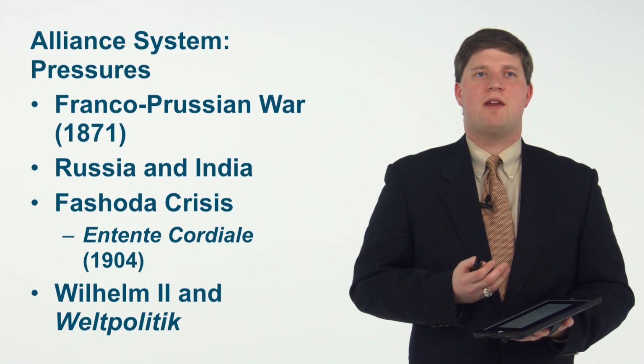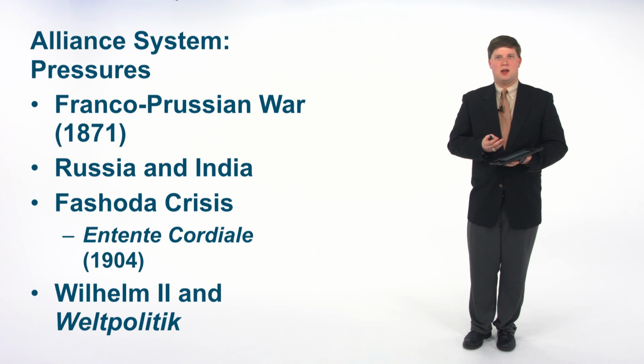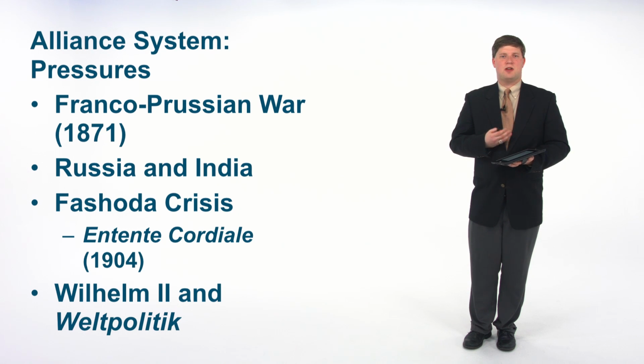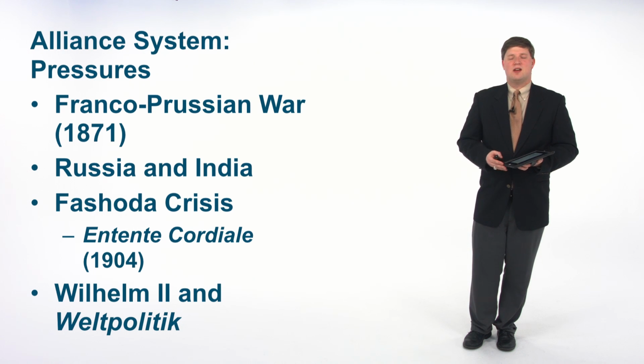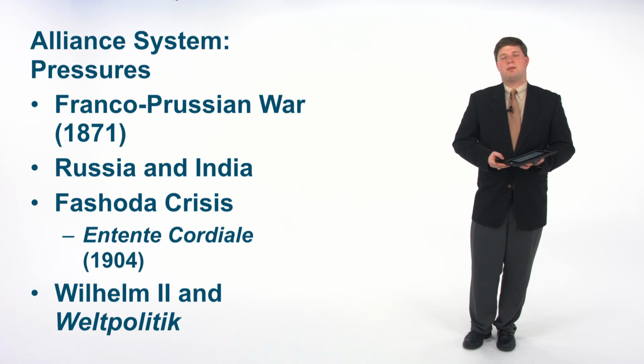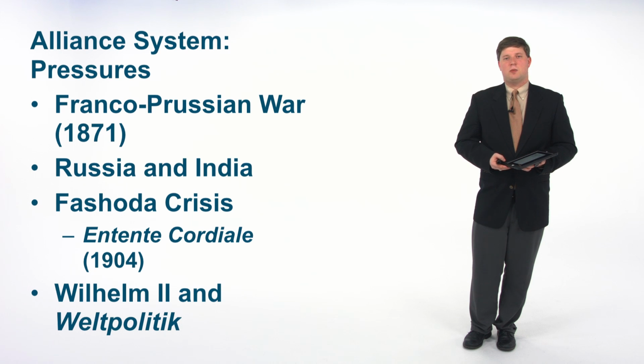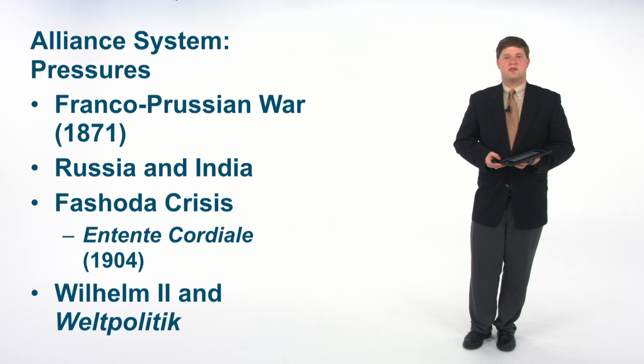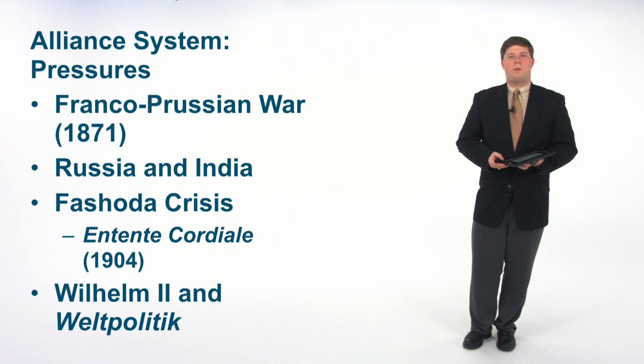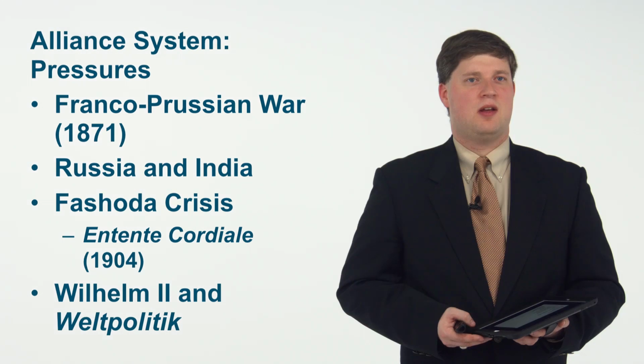Now, if Fashoda was driving old enemies closer to one another, a new variable in international politics was going to threaten the whole system. Functionally, a new Kaiser came to the throne, a new German leader, and that was Kaiser Wilhelm II. And Wilhelm II was convinced that the state of Germany deserved a place in the sun. He looked at his nation, which was strong economically, strong in terms of education, strong in terms of science, and believed that this nation that was so powerful, so strong, deserved an empire commensurate with its strength.